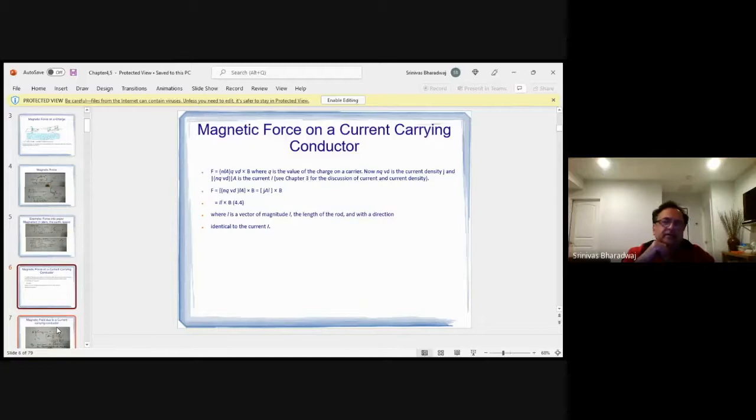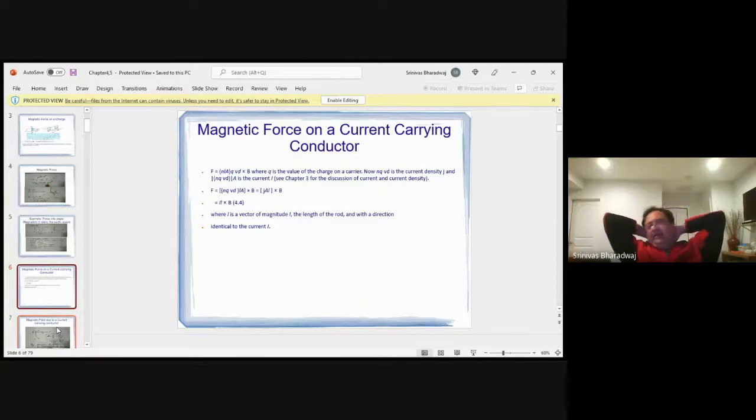Now, just like q times v cross B, we also know that each moving charge experiences a force. If you have thousands of charges, which is what a current is, a current is thousands of moving charges, then each of those charges experiences a q times v cross B. So you then have N times